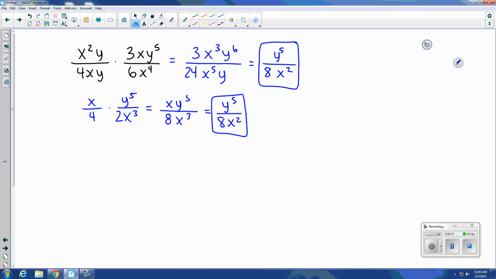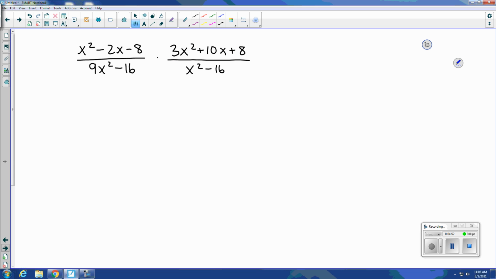I would recommend simplifying within the expressions first before multiplying, and again, you'll see why as we get to more complicated examples. But when we just have monomial terms in the numerators and denominators, so strictly monomials, it is not too bad of an option to just multiply across the top, multiply across the bottom, and then simplify. But in the event that we have polynomial expressions in our